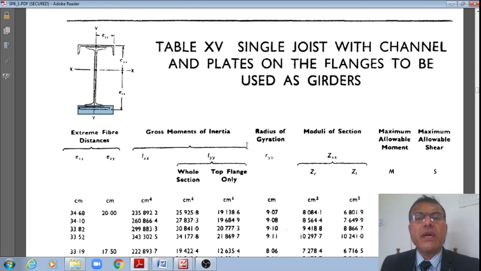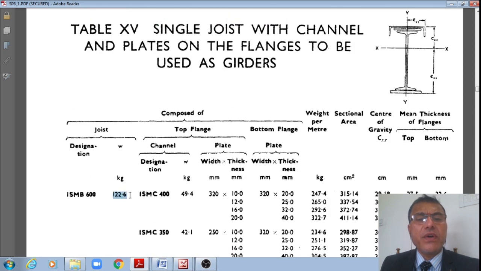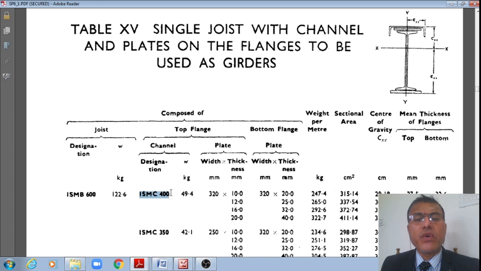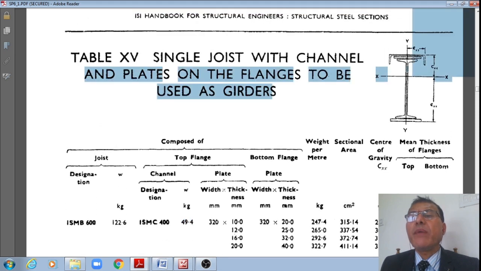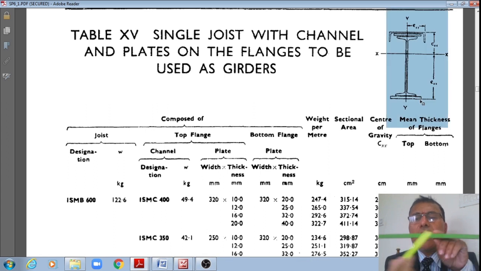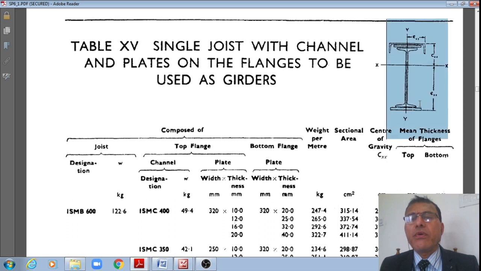Now that is how, if I have this first section ISMB 600 at the rate of 122.6, if I have a channel in the compression zone as ISMC 400 at the rate of 49.4 kg per meter, then in the same compression zone, if I am using a plate of 320 width and 10 mm thick, and also if I am using a bottom plate of 320 width and 20 mm thick, then the total weight of this compound girder, generally these